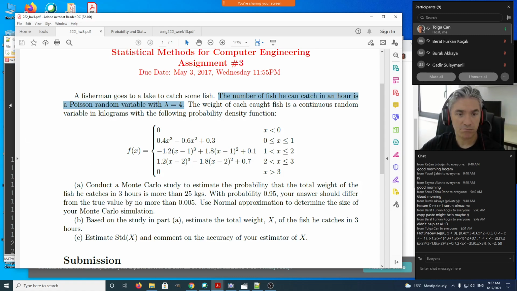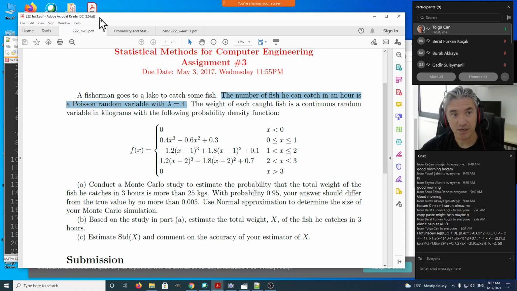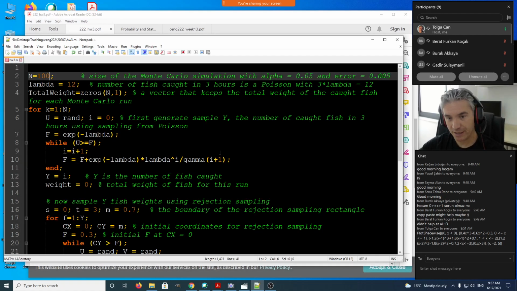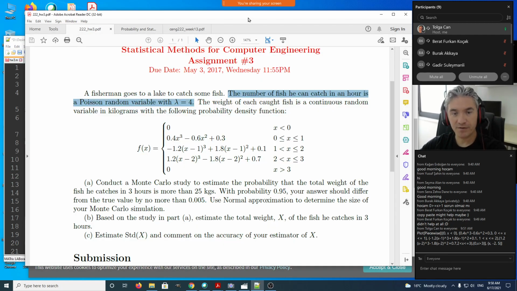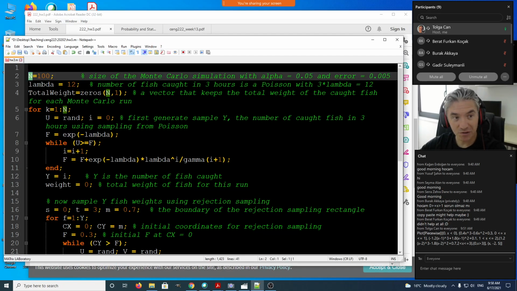All we need to do is simulate this situation. First, simulate every fishing session. So in a Monte Carlo simulation, this capital N refers to the number of simulations that you're going to run. For example, if what you're asked is about a single day, you're going to simulate a day. Here, what you're asked is about 3 hours, so we are going to simulate a 3-hour session in a single Monte Carlo run, and we are going to run this